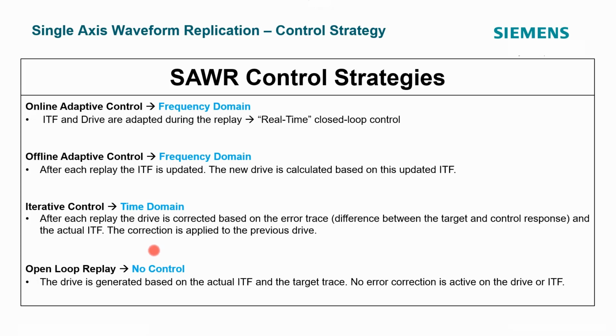And then eventually for automotive applications, you want to take that time data and just loop through with no control. Once you have a good drive waveform that you're going to excite the structure with for each of the inputs, you can just sit back and let the system run, and you can do that for a number of different cycles. One complete time trace could be one cycle around that test track, and then you want to do that maybe 100 or several hundred times, or whatever it is.